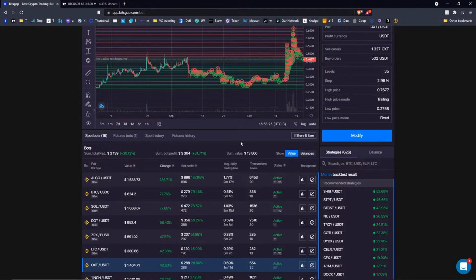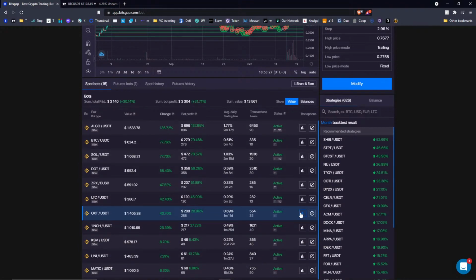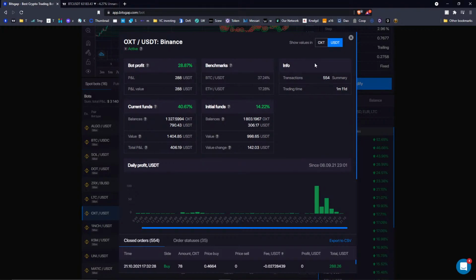We are working on the optimization of analytics that we provide here. If you compare the current analytical dashboard with the one we had 7 months ago, it's a huge difference. You can say for sure that what we have now is way better, because now we not just tell you the amount of transactions you had and trading time, but also we show you the benchmark: what's the performance of benchmark coins compared with your bot, and what would be the return if you would just hodl coins instead of allocating them to the bot.